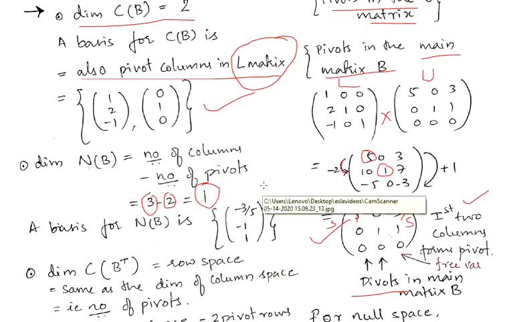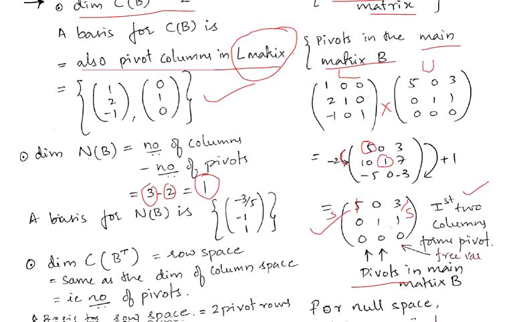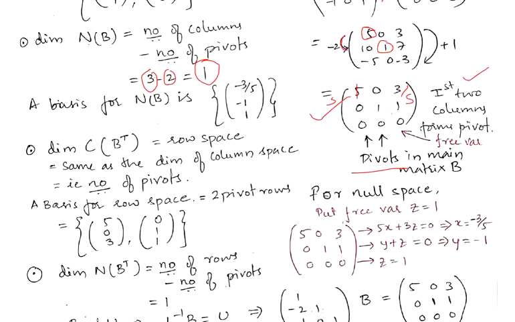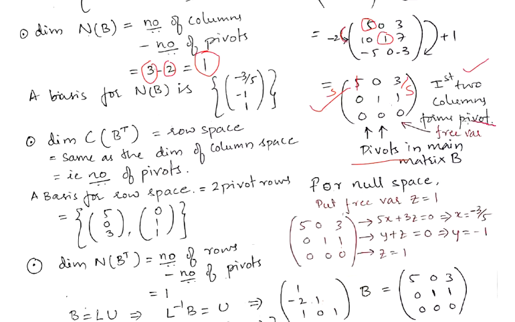Okay, so the dimension of the null subspace is 1, which means we have one vector in the basis. Okay, basis of the null subspace. So how do we find that basis vector? I think in the previous class we have also done this. To find the null space, use the free variable in the